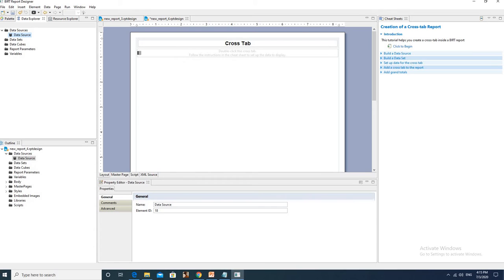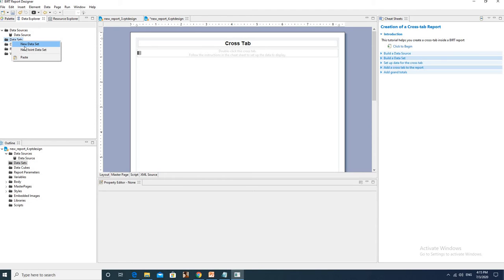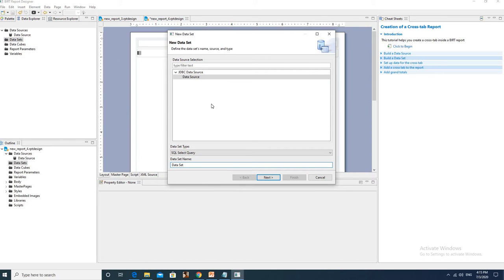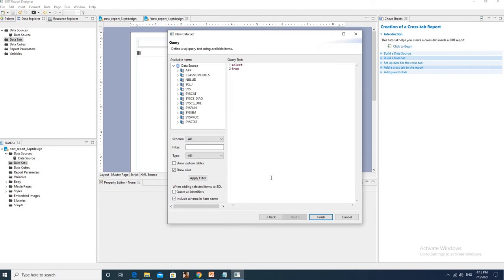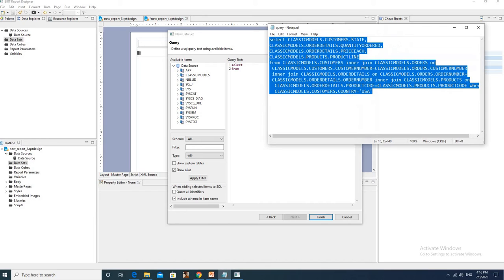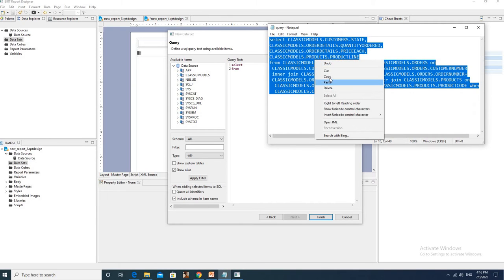Now the data source is added. Now add a data set. Right click here and click on new data set. Just click on next. Here you have to define the SQL query to generate the data set. I already have created that query, so I will put that query here.